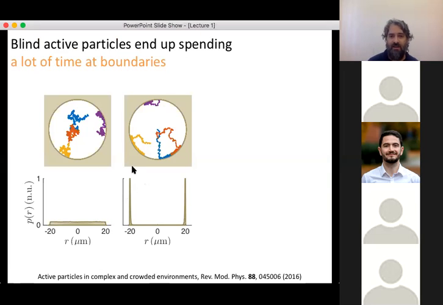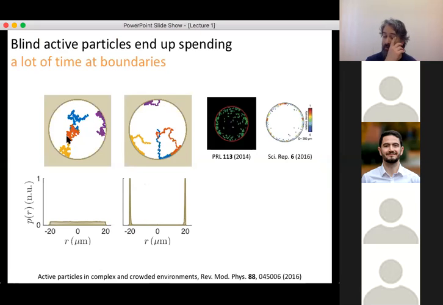So you see already that the optimal strategy will be different in the two cases. In this case, for example, to have a Levy strategy would be very bad because you will spend all the time at the wall and you will only catch targets that are at the wall, essentially missing everything that is inside the circle. And just to give you, I mean, this is actually something very well known,